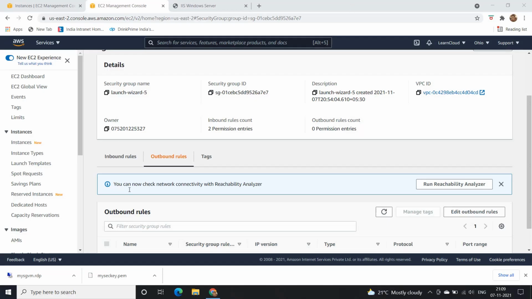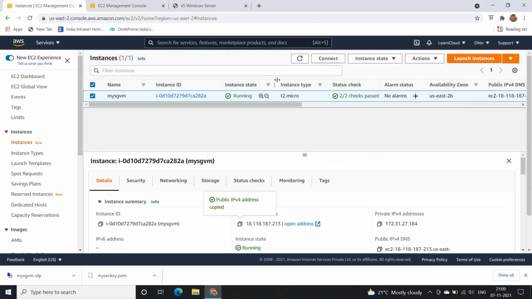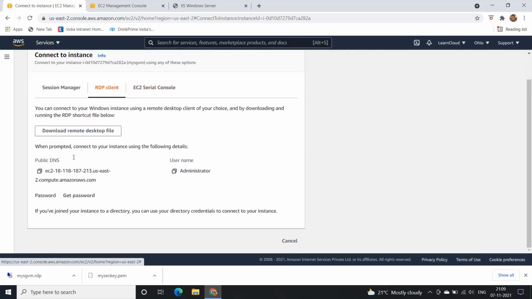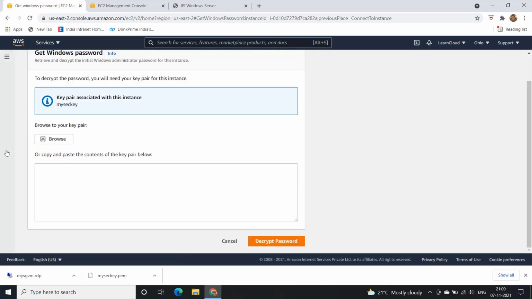So what we can do is, again we can log in to the VM. So I'll be closing this, and I will again try to log into that VM and show you guys that this time I won't be able to access google.com, because as you saw, the outbound rules are removed.